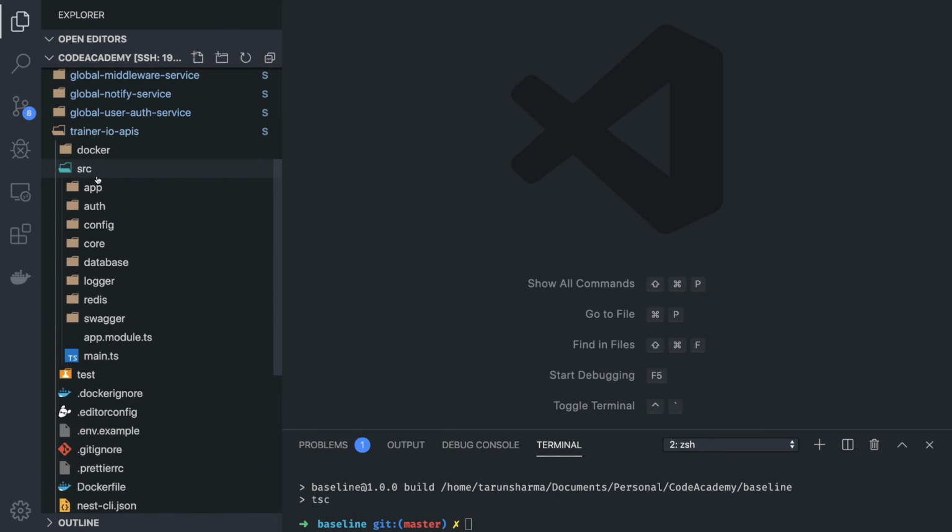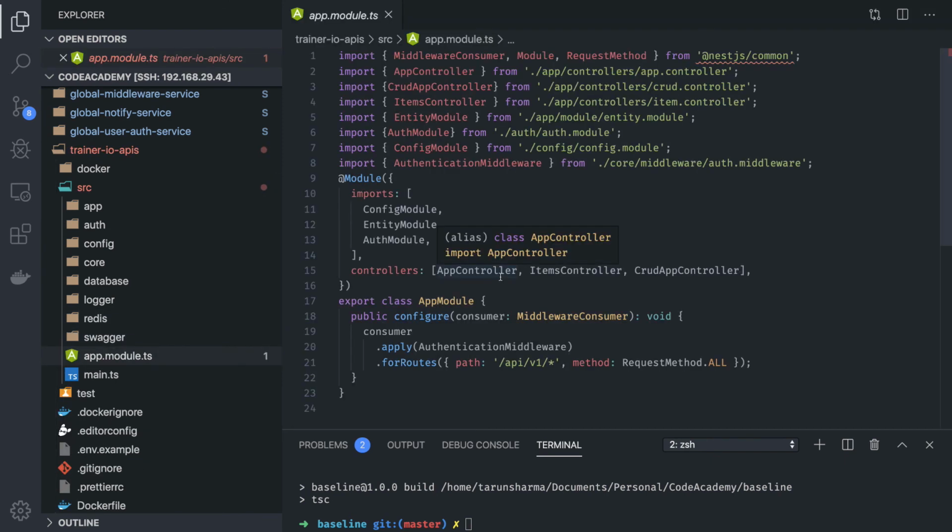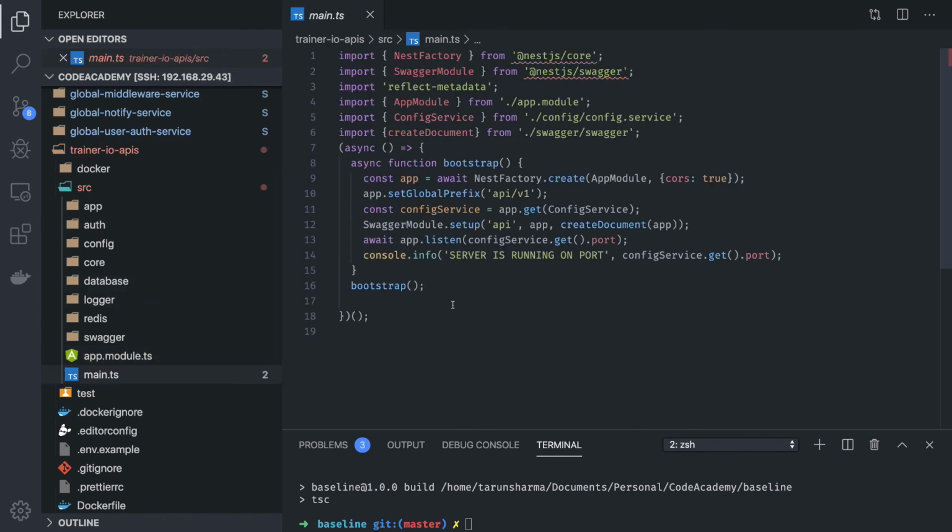If I talk about this example, this is a Nest.js folder structure, app controllers, auth is a separate module, config is a separate module, Redis is a separate module, Swagger is a separate module, and all the modules are getting imported here. This code is a little different. Don't compare it with Express. This is a separate framework which is called Nest.js. It has inbuilt TypeScript support. It is providing you everything. You just write your modules and bootstrap the application. Okay. Here we are using purely TypeScript based implementations, and we can get a lot of advantage from it.